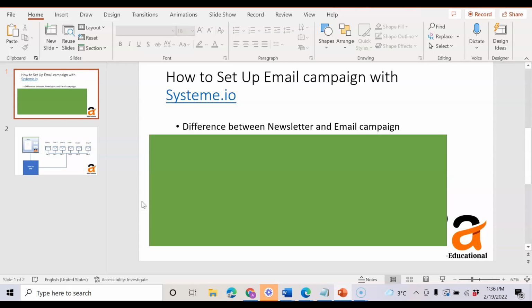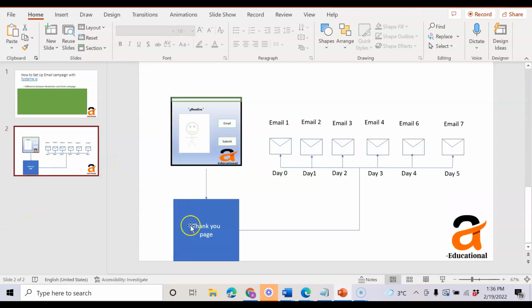So it's a single email that you regularly send. So email campaign means it's a series of email that we will see right here in my